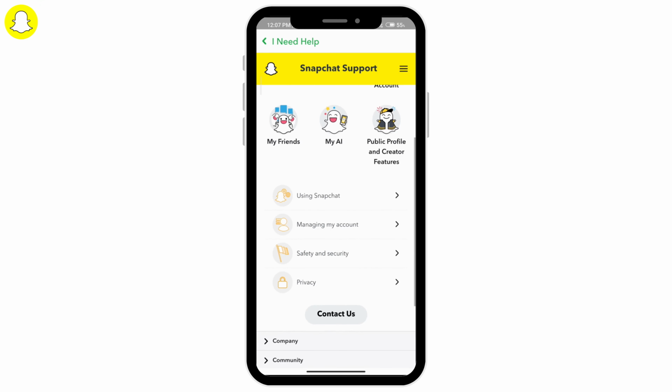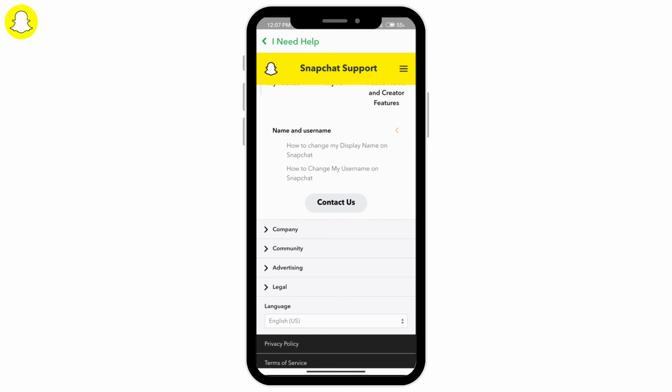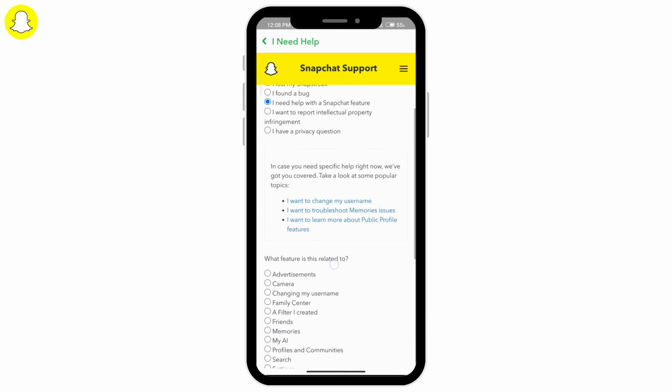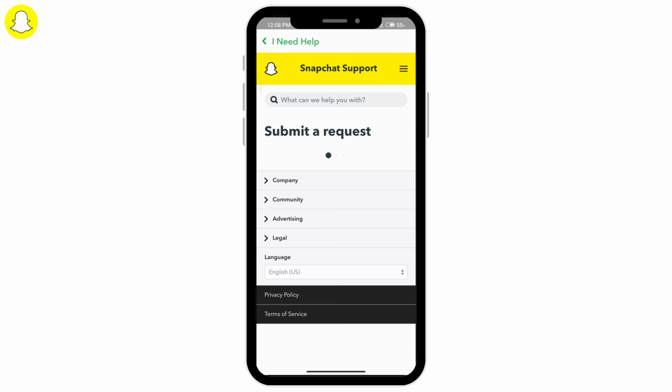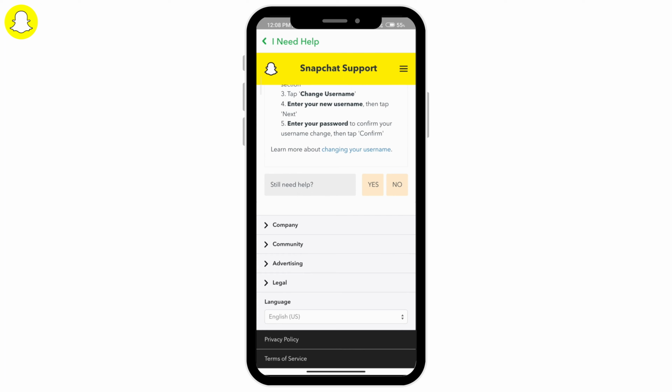So scroll all the way down and click on managing my account and then click on the name and username option and then click on contact us. So you can click on I need help with the Snapchat feature and then click on changing my username. So click on yes